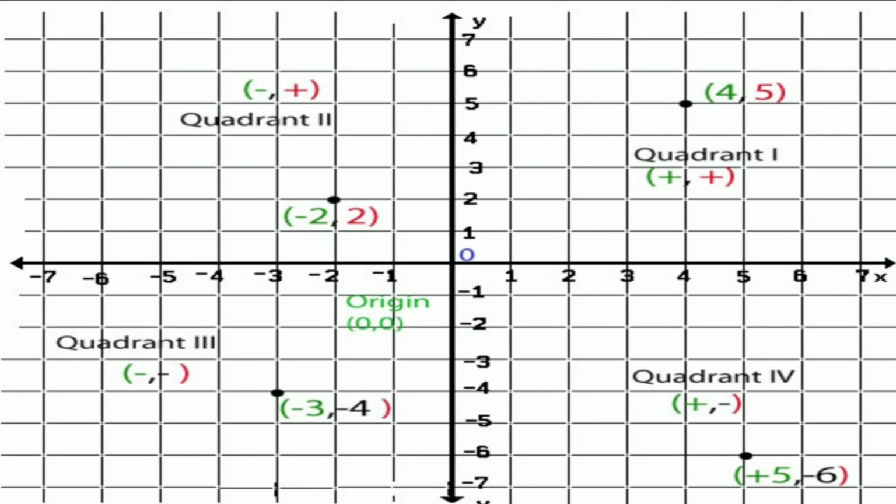Now the point (4, 5), as shown here, is 4 units to the right of and 5 units up from the origin. Both are positive coordinates, so this is its position. For example, take the coordinates (-2, 2). In this case, the x coordinate is negative and the y coordinate is +2. So this point here is (-2, 2). Similarly, we can plot some other coordinates of x and y.